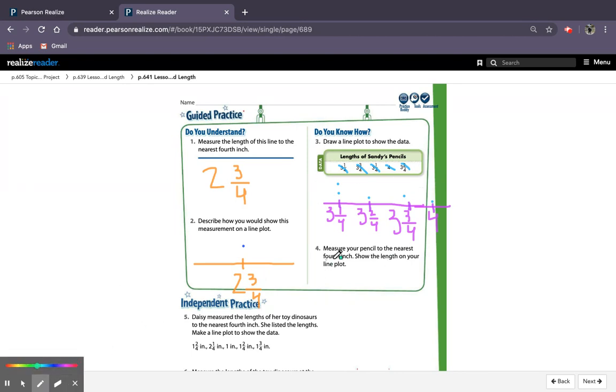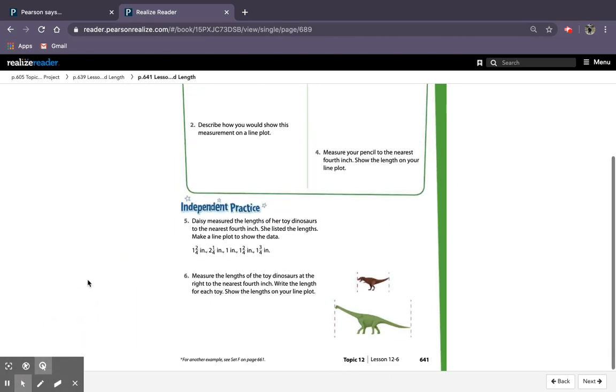I don't have a pencil in front of me because I have my little digital one, and this isn't even 1 inch, so I'm not going to mark it. I am going to erase this though. Okay, and moving down to the last part that we'll be covering, I'm going to go bluish. Independent practice, it says